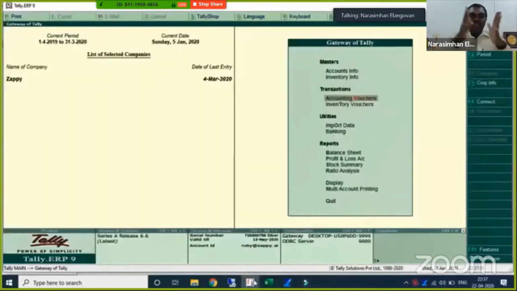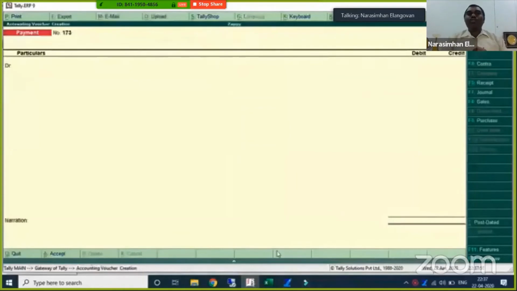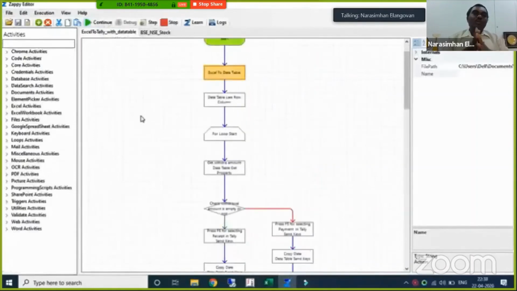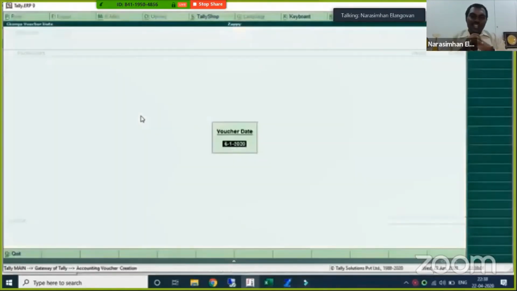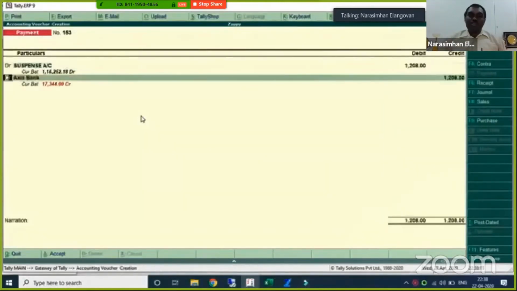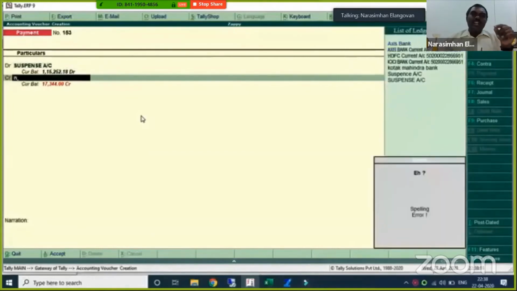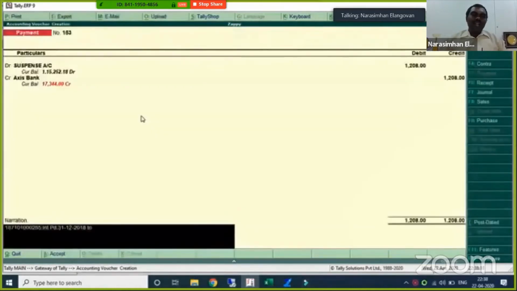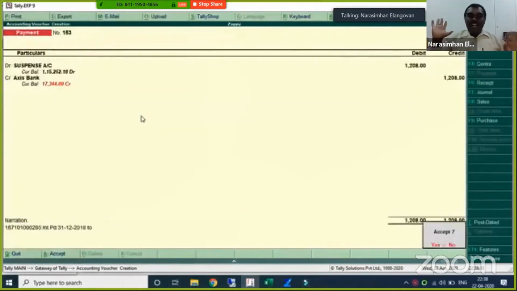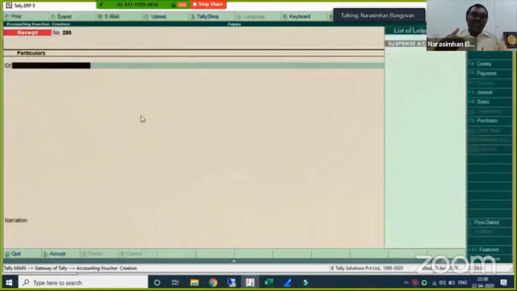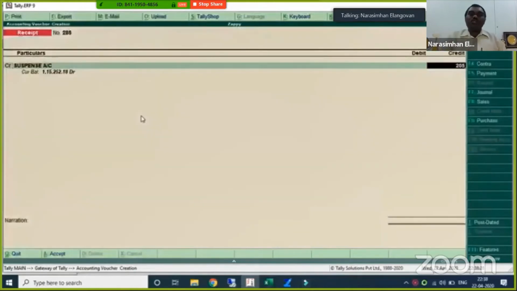This is basically the workflow. Then I just have to go to my voucher. I've opened my voucher. I go back to this Zappy and I say, hey, you know what? Start. And after this, just like how you are watching the screen, I also have to watch the screen because the journal entries are automatically getting passed. This is the power of robotic process automation, where I understand the quality may not be very great. It may be slightly in a different format, but this is basically what is possible. And none of these entries are manually being processed. It is the robot which is automatically doing it. And that is why you're able to see so many entries being passed so quickly.